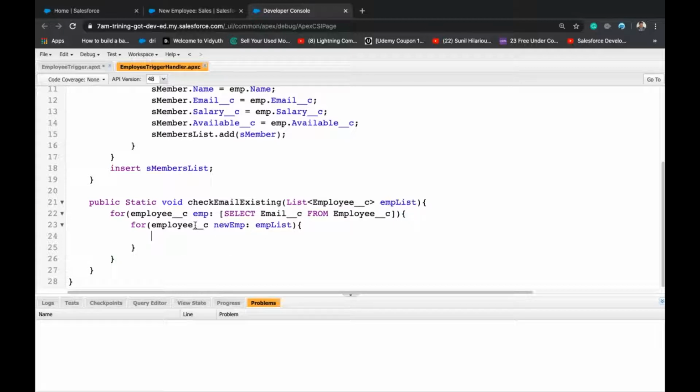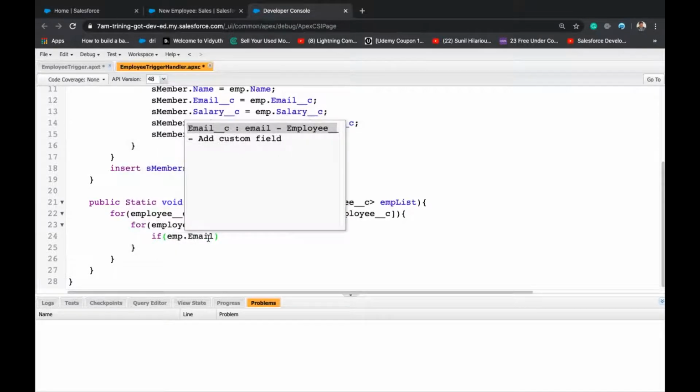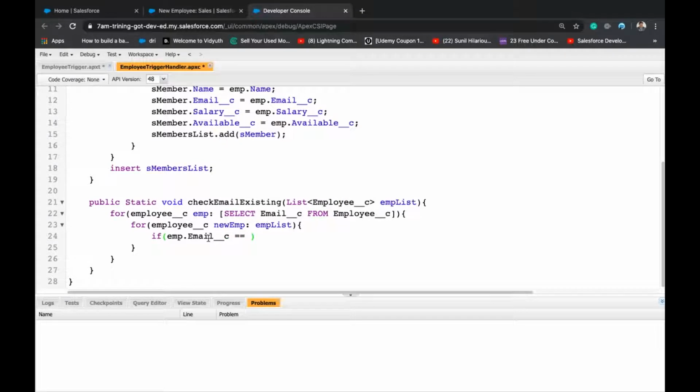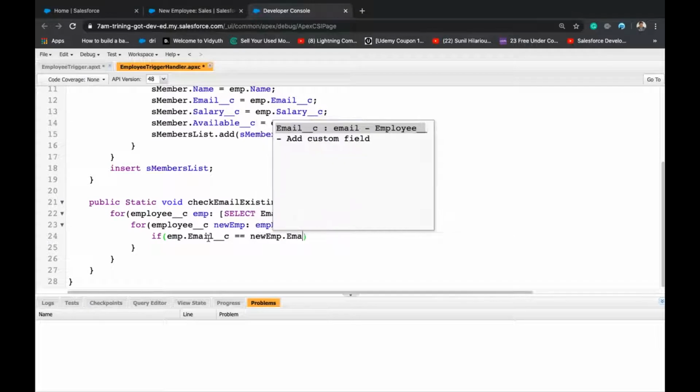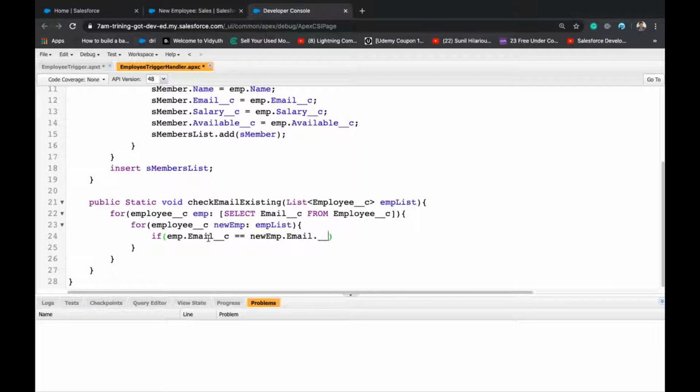Now if emp.email__c double equals newEmp.email__c, so if both are the same, then